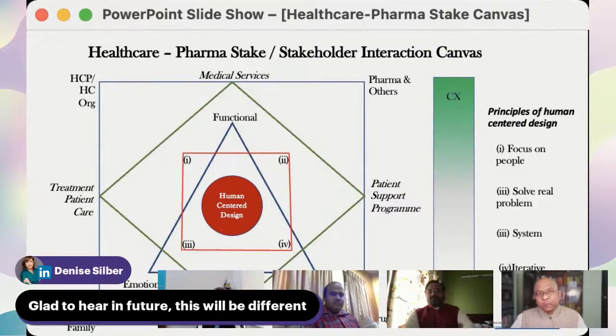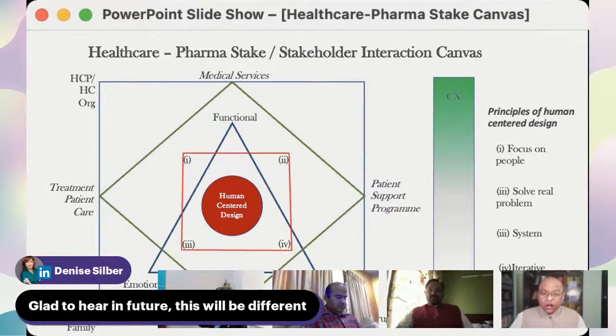And if you carefully see this canvas, in the bottom part we are talking about a specific touch point or the products or the interaction, while in the upper part we are talking about the entire journey. That's why here the UX, user experience design, as well as CX, customer experience design, both are intermingled across the square. This is a brief I wanted to give you.